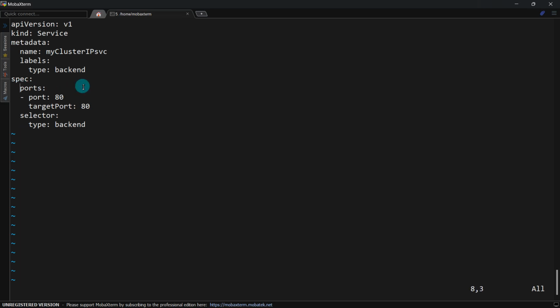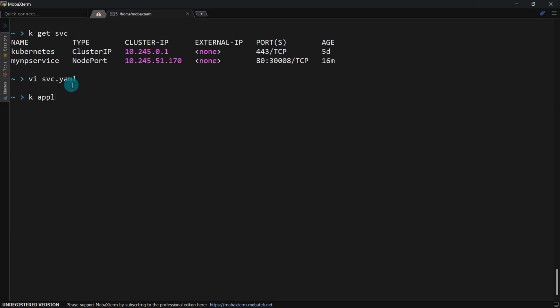But if you skip the type part, the default service that it is going to create is the cluster IP. If you mention it or don't mention it, it's one and the same thing for the cluster IP service. So you can see now I haven't mentioned it anywhere, and if I create this,